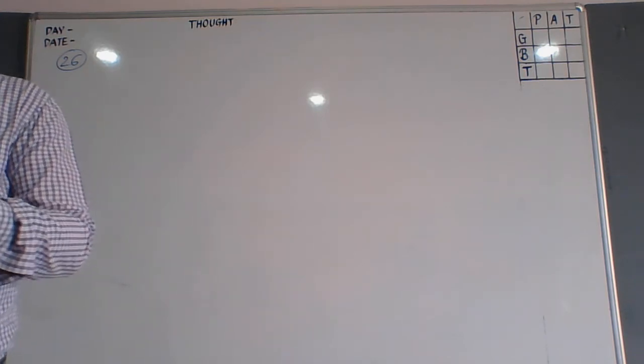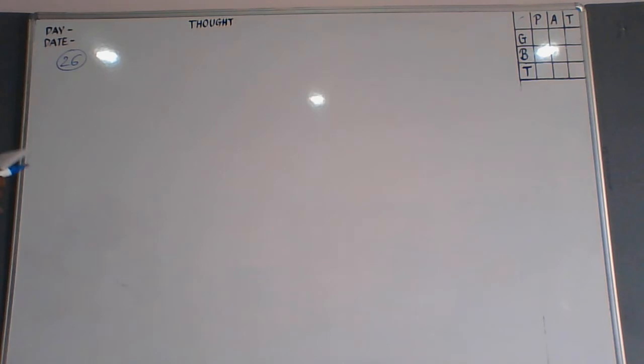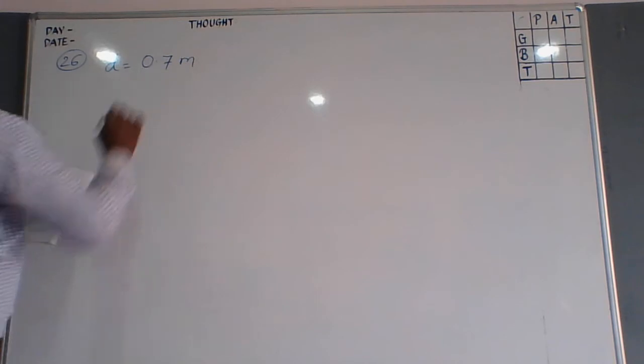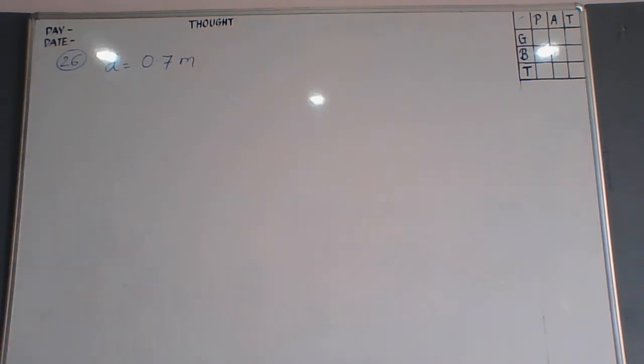The question is, the diameter of a wheel is 0.70 meter. Diameter of the wheel is given to us, 0.7 meter. Find the distance covered by it in 500 revolutions. If the wheel takes 5 minutes to make 500 revolutions, find its speed in meter per second, and also we want to convert that meter per second into kilometer per hour.